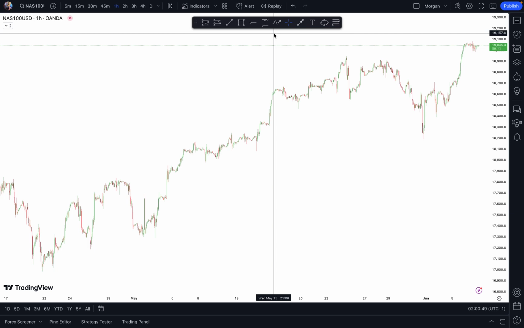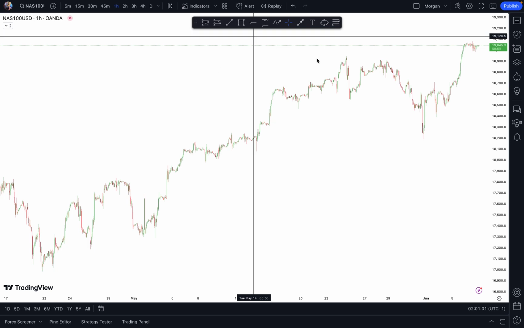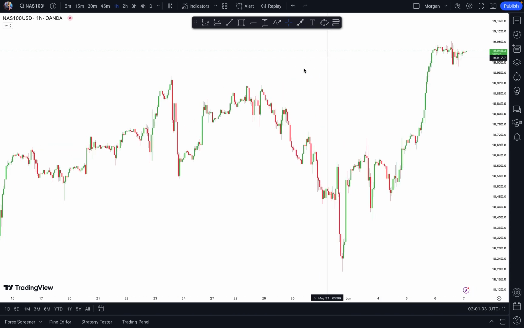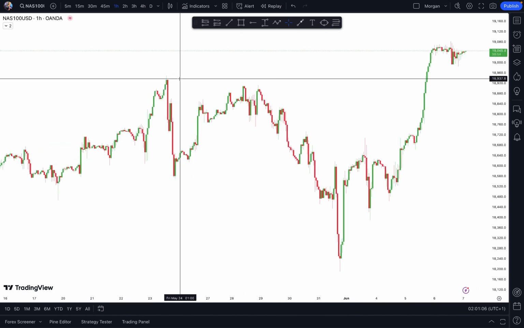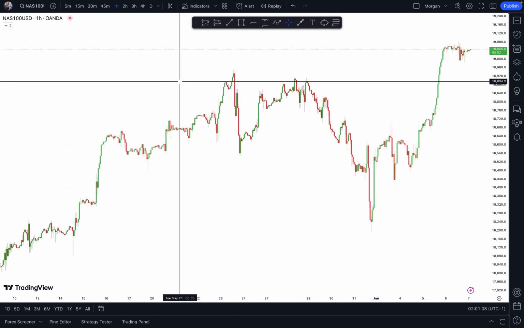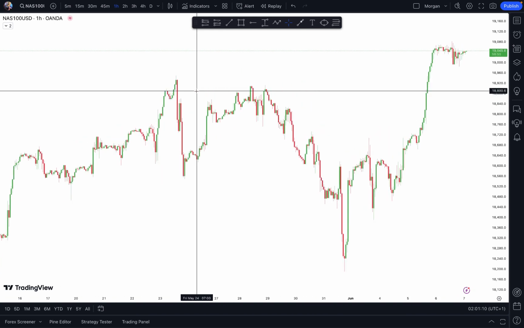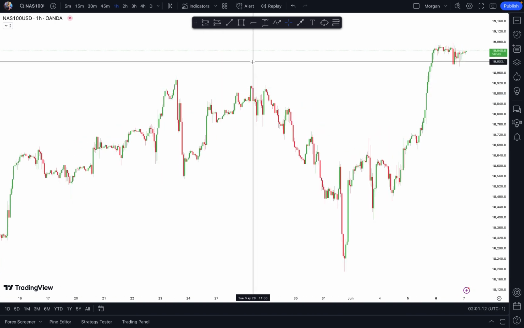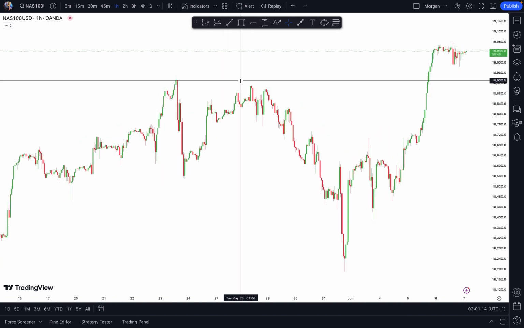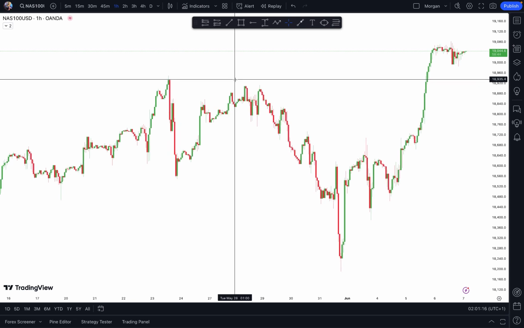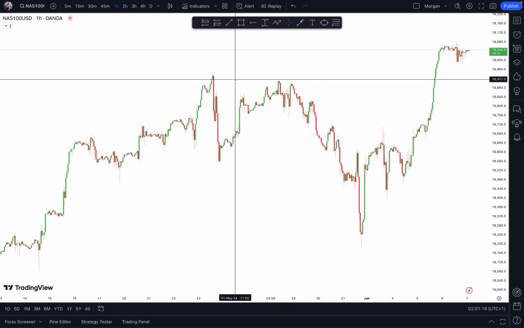Sometimes vice versa. So I'm going to be talking about that in this video, and I'll be using Nasdaq as my case study to make my explanations more basic for everyone. So I'm going to use the scenario that happened on Nasdaq to explain this. So we have here on Nasdaq a situation where